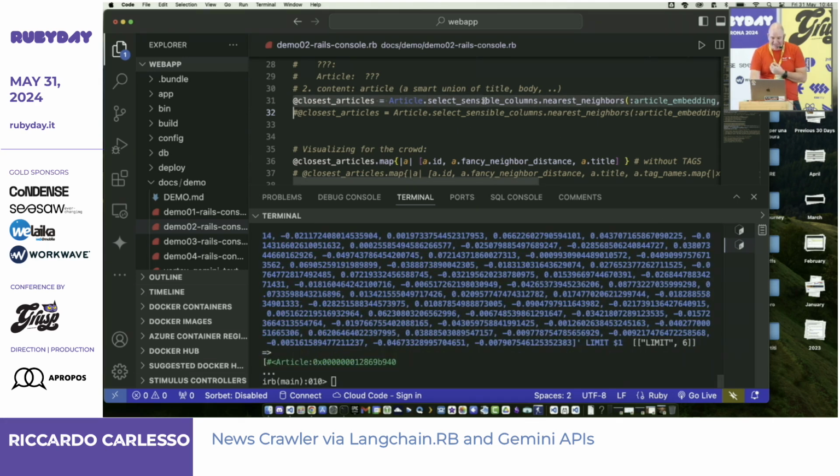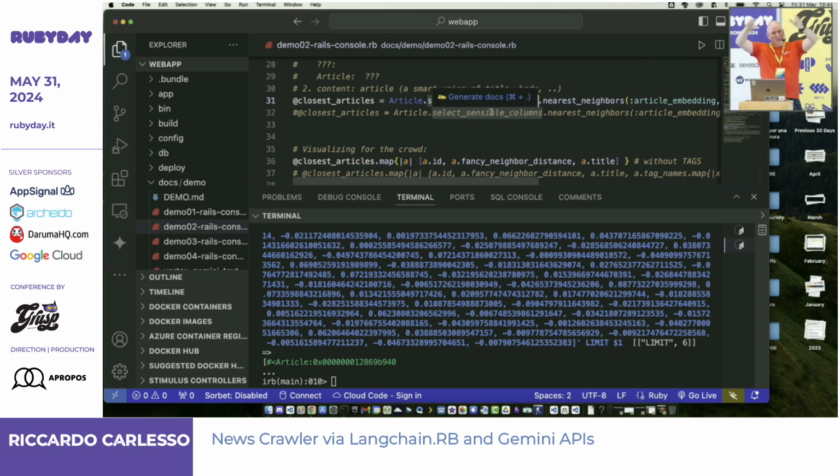If you're curious, select sensible columns. I needed to do it because without it, it would select all the articles, and it would be very bloated by the embeddings. And so it would take 6 seconds. And once I realized this, with a lot of Stack Overflow checking, I realized that it was just as simple as that. And now, a few milliseconds. And you can see,